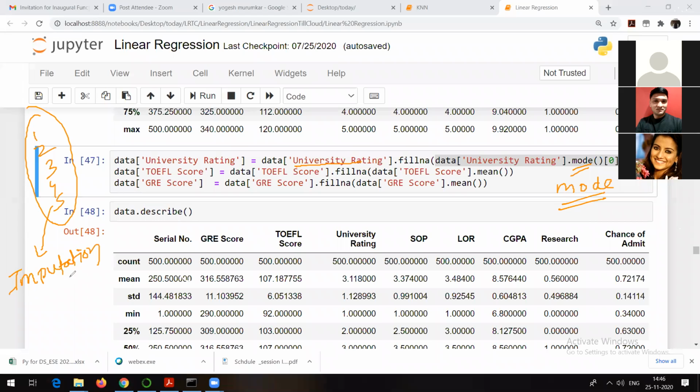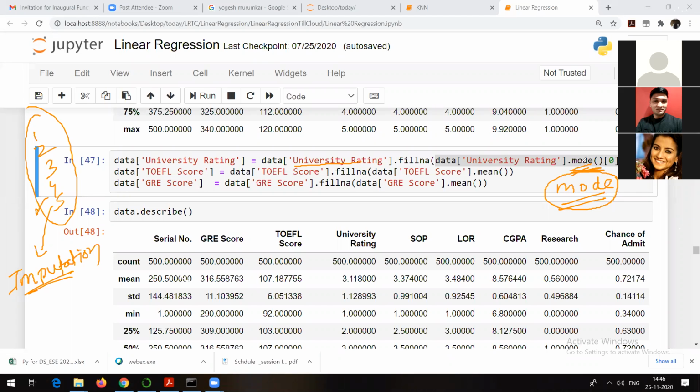Whenever we do imputation, for categorical data we always use the mode of that particular feature, right? And this is a kind of categorical data, with categories 1 2 3 4 5. There is no other value other than 1 to 5 for university rating, because it is on the scale of 1 to 5. That is the reason we are making use of dot mode, right?